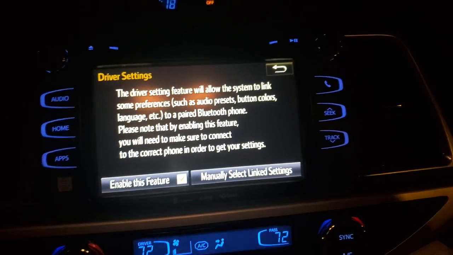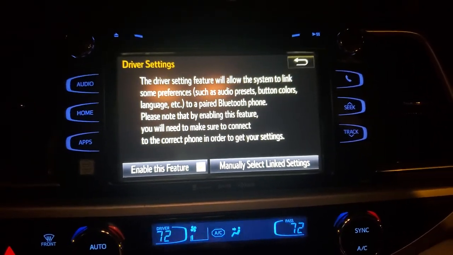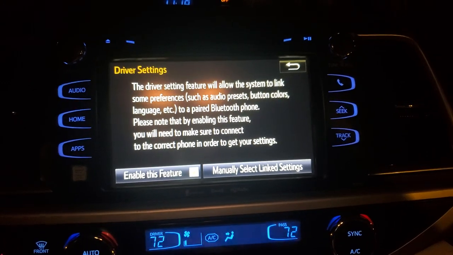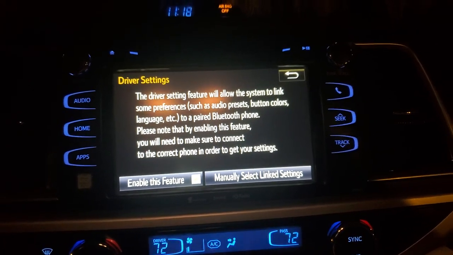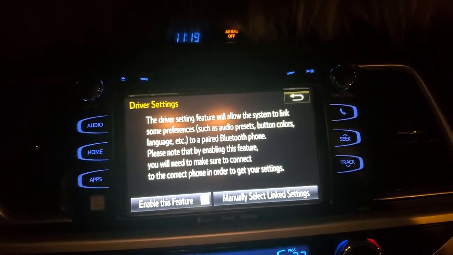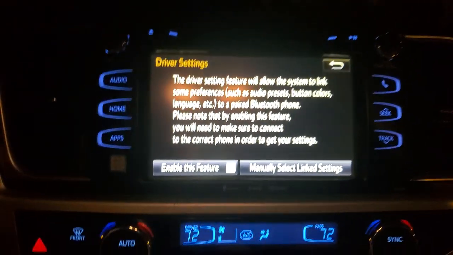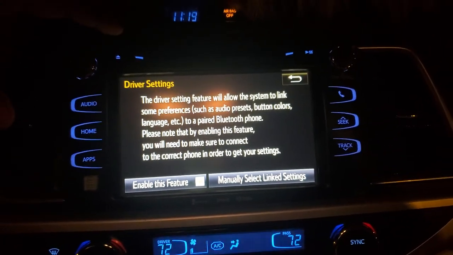When you go into this, it is going to show you that the driver setting feature will allow the system to link some preferences such as audio preset, button colors, language to the paired Bluetooth. Please note that when enabling this feature, you will need to make sure to connect to the correct phone in order to get your settings. So this option comes with the Bluetooth connection.